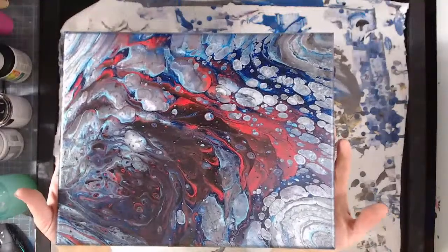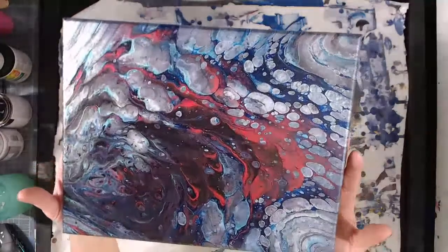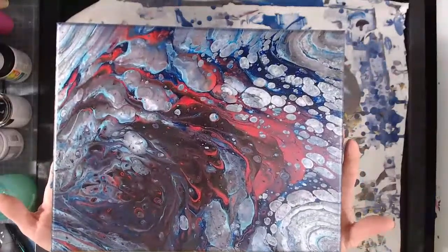But do you see this? Can you see the shimmer of the silver? Oh, it's still a little wet in this little area right here. So I'm trying to just be very careful. And this is,